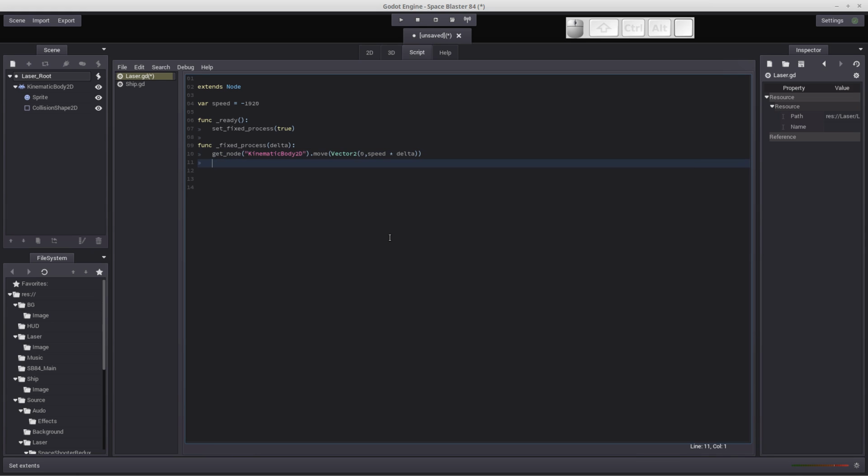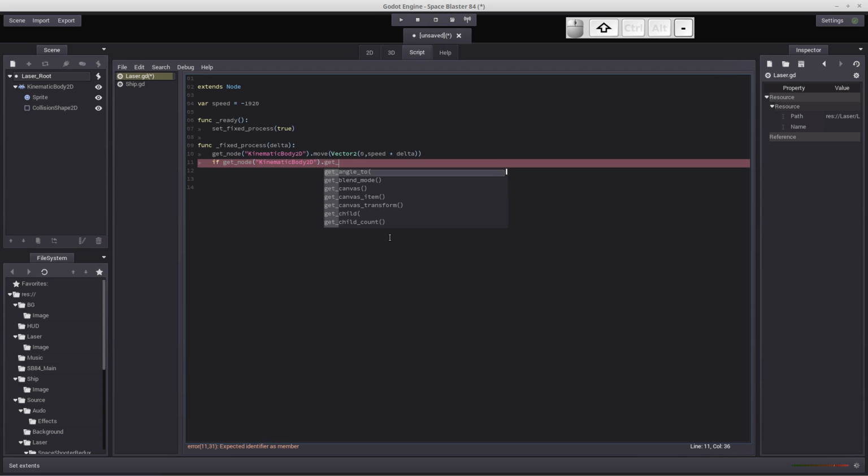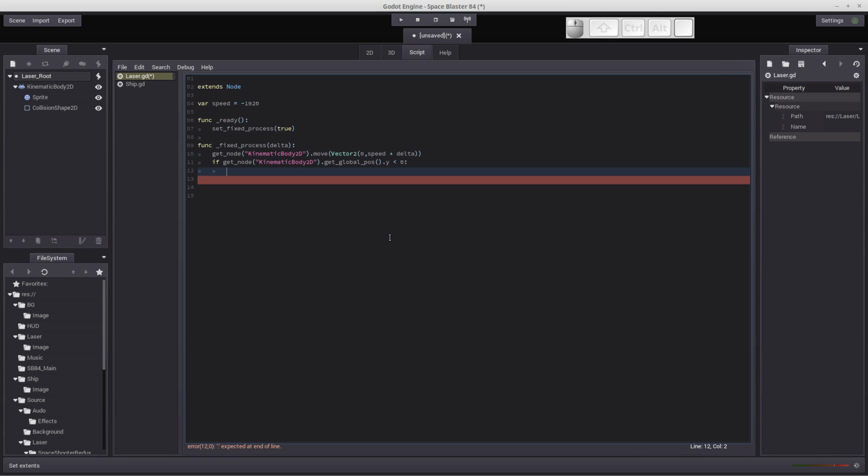so now the next thing we want to check for is to see if the laser goes off the top of the screen. So we need to write some code in here to check that. So if get node, again we're going to be checking the kinematic body 2D, and there's a way to get a global position for the kinematic body 2D, and that's just get global position. And we're concerned with the y direction, so we'll say dot y, and if that's less than 0, we want to basically kill or delete the